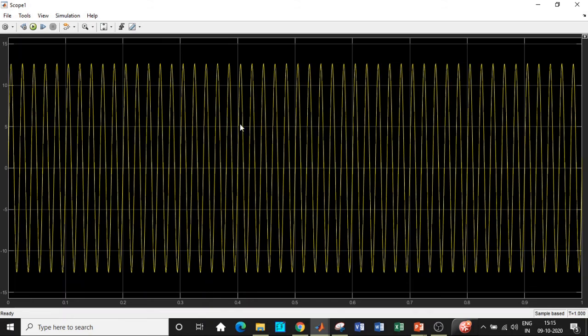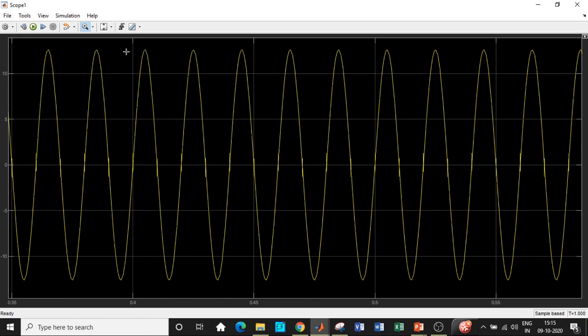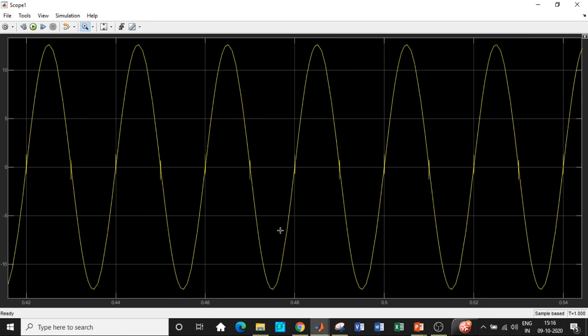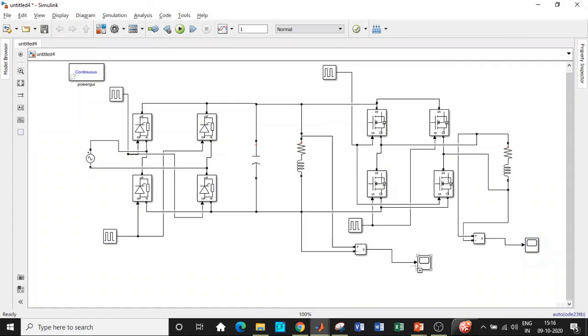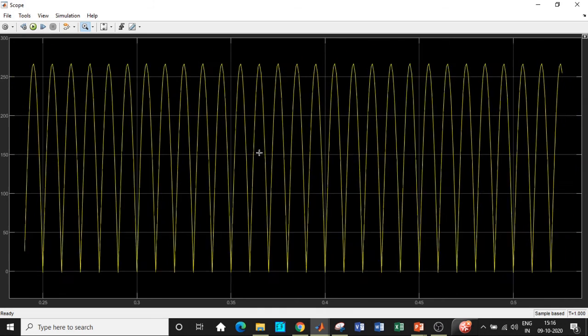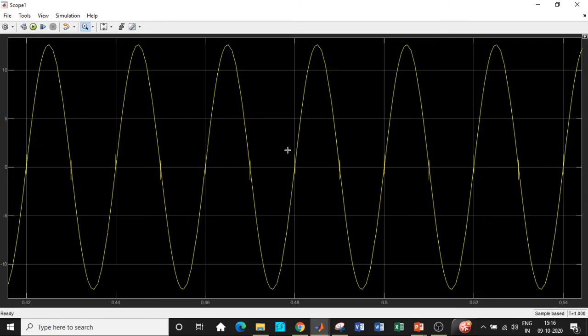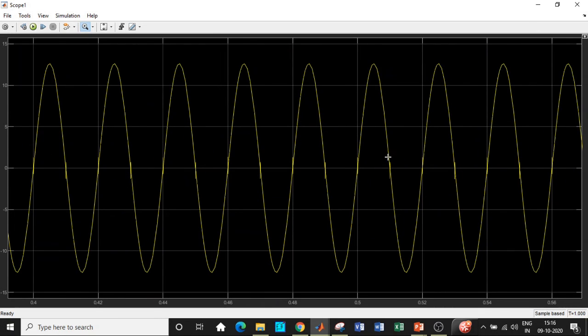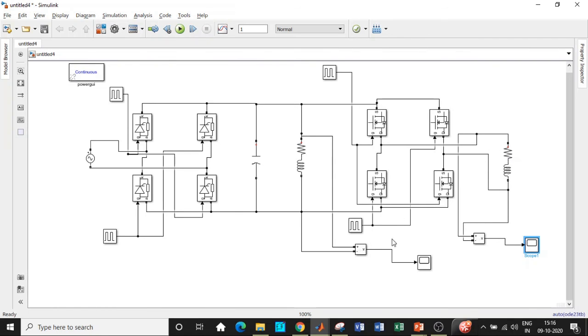So if you observe here, you are getting an AC output waveform. So if we have both positive and negative cycle, so we're using an RL load, and that is why you're getting a pure sine wave kind of a waveform. If you're using a resistive load, again the voltage will go to zero, and there will be operation in that particular fashion. So that is why DC conversion is obtained here, if you carefully observe, and you are obtaining an AC waveform at this particular region. So you can design the circuit based on the required output voltage. I randomly selected the values of R, L and C in this case, just to demonstrate how this can be built.